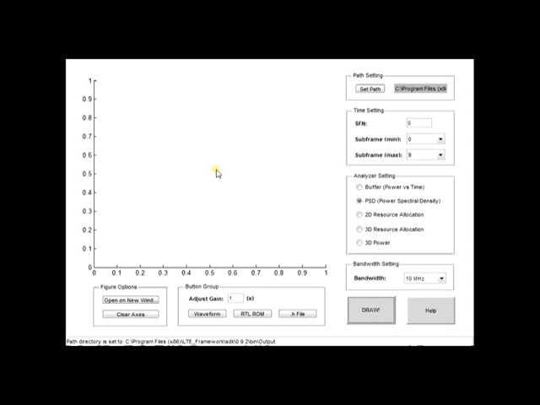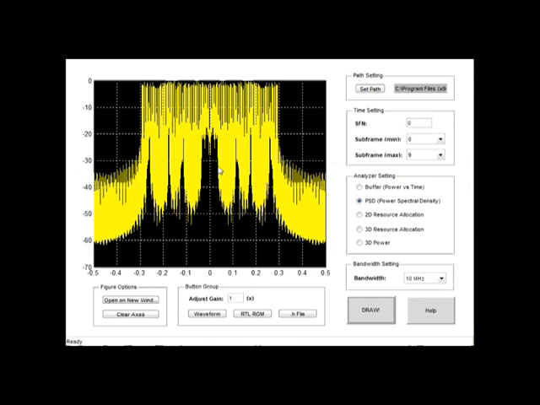Okay, so this is the power spectral density of the LTE in the 10 megahertz bandwidth in the first frame,